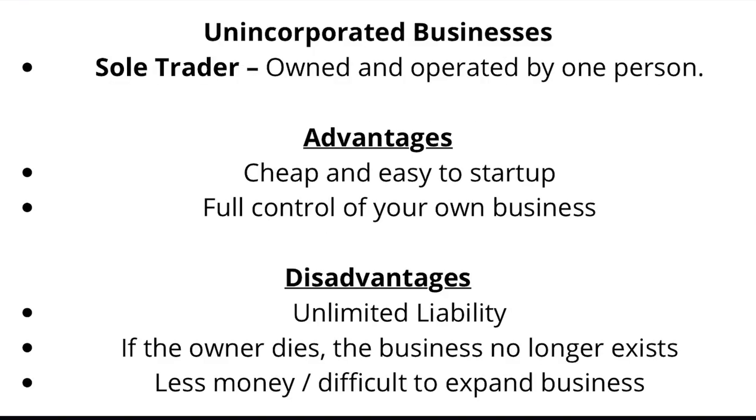So now let's look at some examples of unincorporated business. There are two types. First is a sole trader, which is owned and operated by a single person. The advantages are that it is cheap and easy to start up, and the owner will have full control over his or her business. Disadvantages are that they have unlimited liability, which means that if the business goes